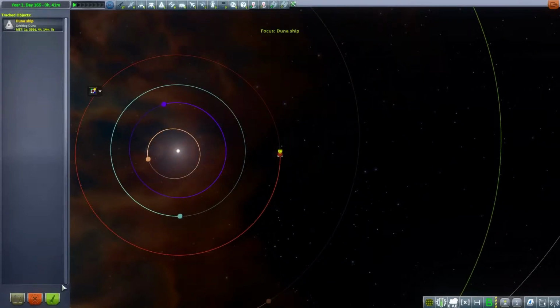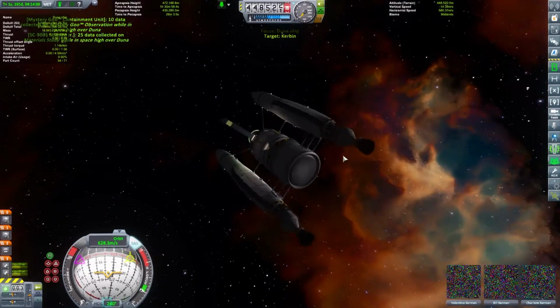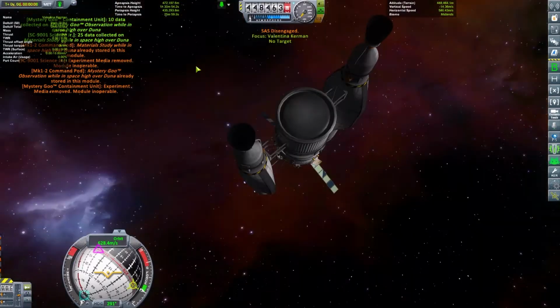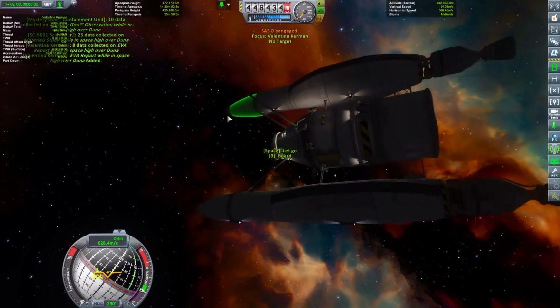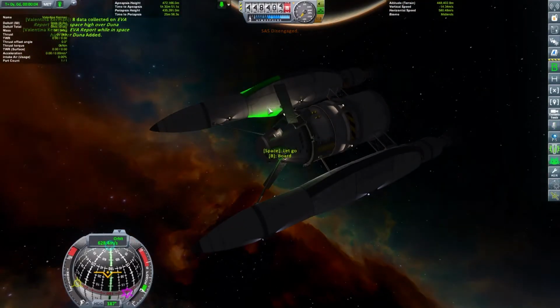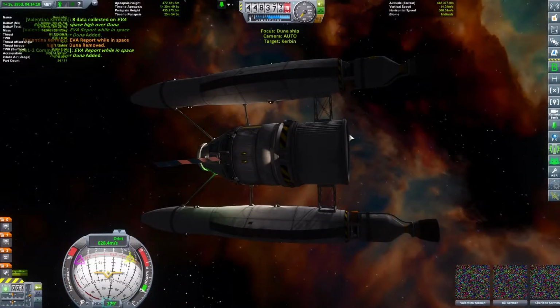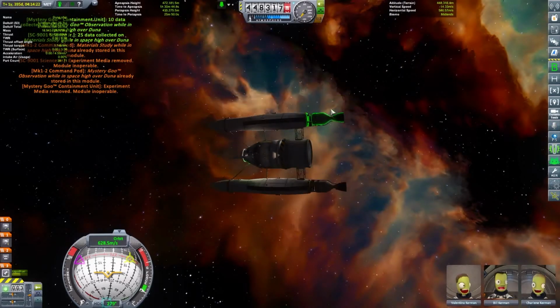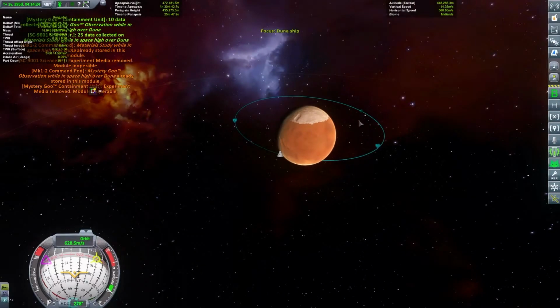Okay, so let's get back to our ship. Awesome, so we have there. Let's send out Valentina for some EVA report. Just for some science here. Okay. Cool, so now we need to...